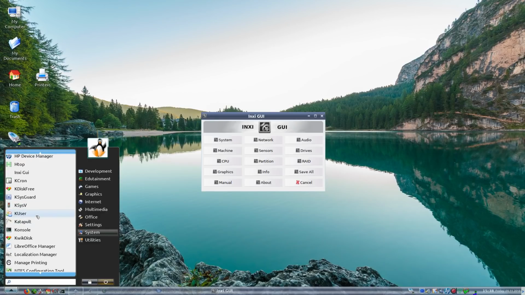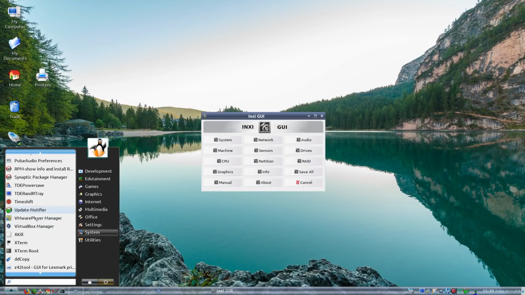KSysV. I'm not familiar with KDE 3.5 because I never really used it. So this is what this Trinity Desktop Environment is, which is TDE, the old KDE 3.5. There's a few things here I'm not familiar with, but I must say it's packed full of things you can use. Manage printing, NetApplet, Network Center, new login, maybe a couple of things in there twice, Synaptic Package Manager, TDE Power Save, R&R Tray, Timeshift for backing up, Update Notifier,